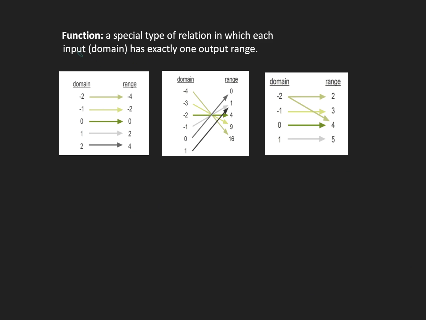Now, a function is a special type of relation. And by a special type, it means that each input value, which is the domain, has exactly one output, which is your range. Now, the way to think of a function, and I thought hard about what real life situation represents a function,